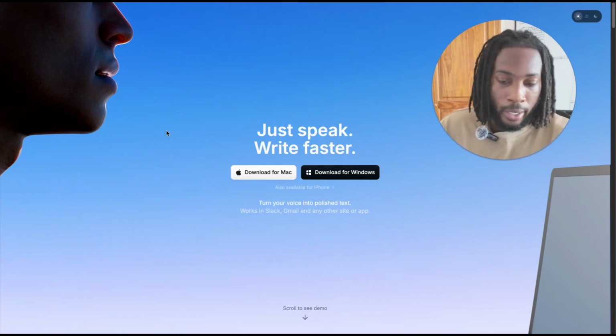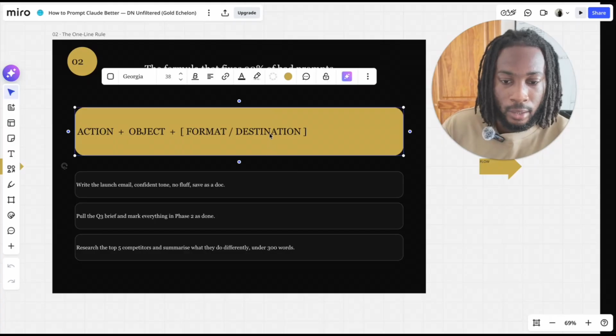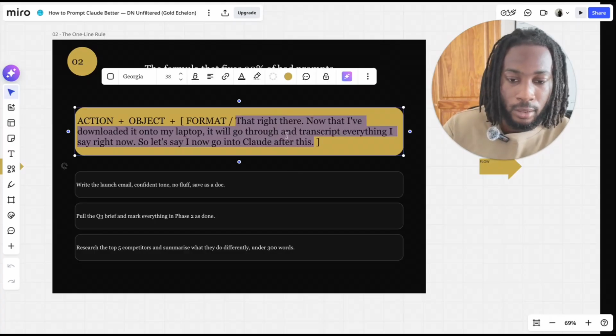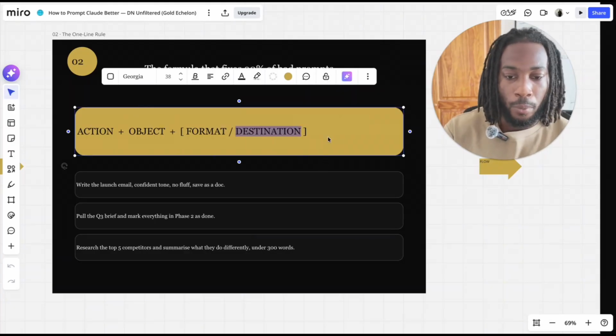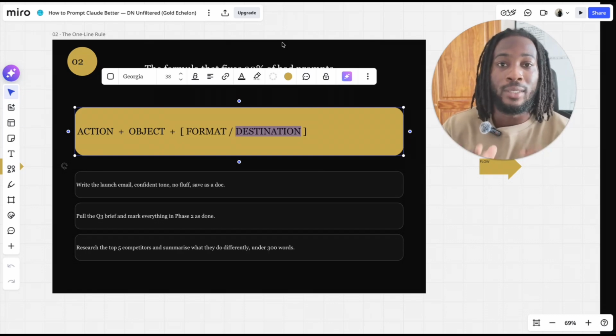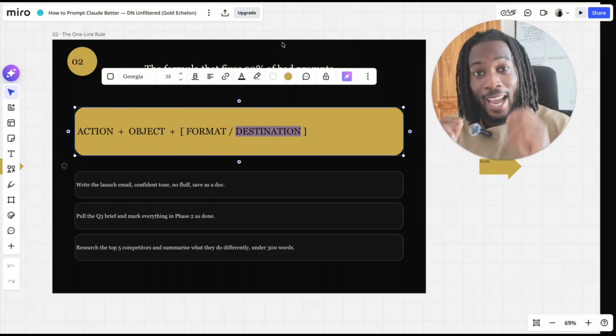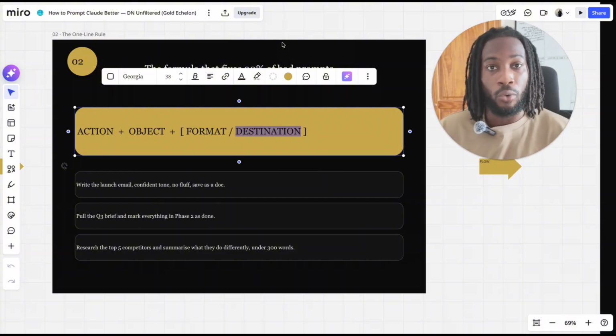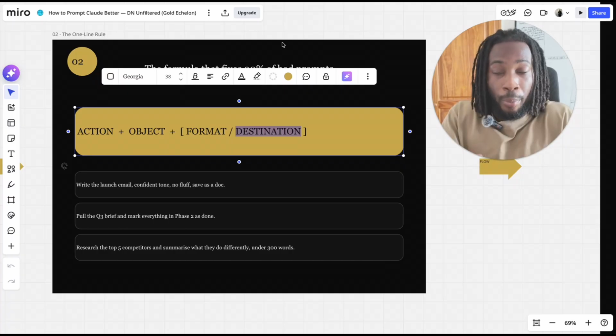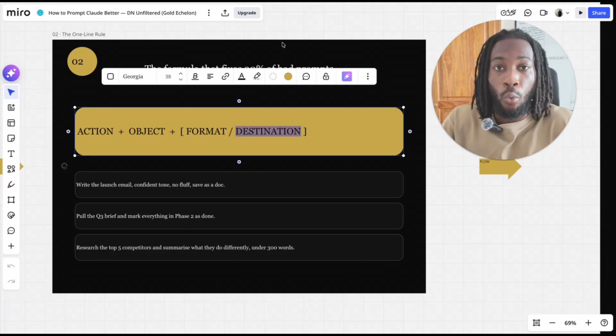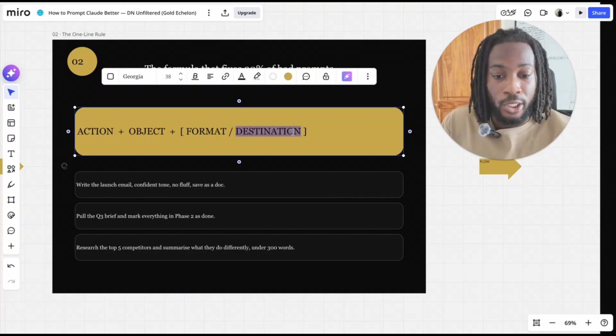It will have it, okay, it's not there, but if I was to go back into this and then if I was to click this and click paste, that's exactly what I said. So just like that, you're able to output 10 times faster because you don't have to be sitting there typing it all away. You can just go through, speak to the phone and get an accurate transcript and be able to paste that straight into Claude. And it's already shortkeyed into your paste element on your laptop. So all you have to do is literally click copy and paste, or if your cursor is already inside of the chat like this, once you finish it will just copy and paste it inside.